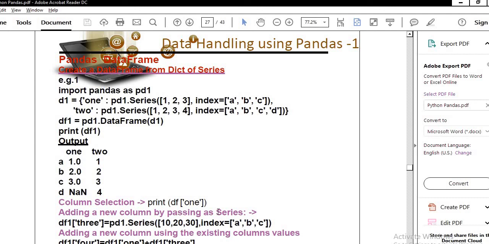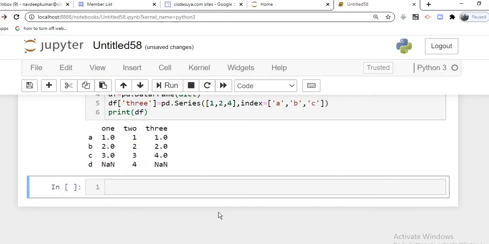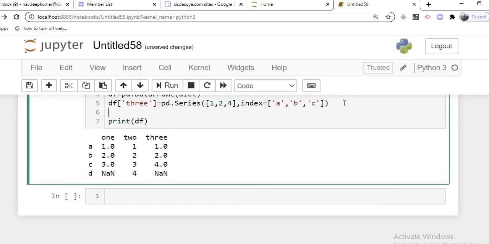Clear? Now how to add a new column using the existing columns. So let's say we want to create a fourth column by adding 1 and 3. So now we are going to add another column. Let's say the column name is 4, and here we want to take the data frame, first column, and then add the third column.